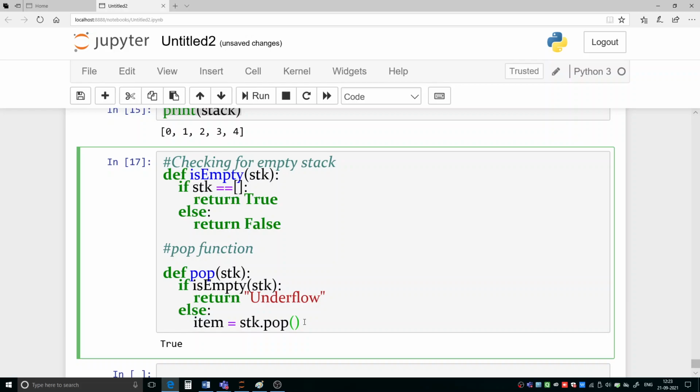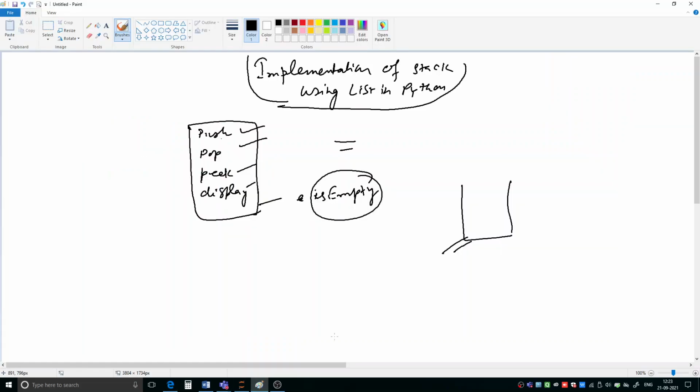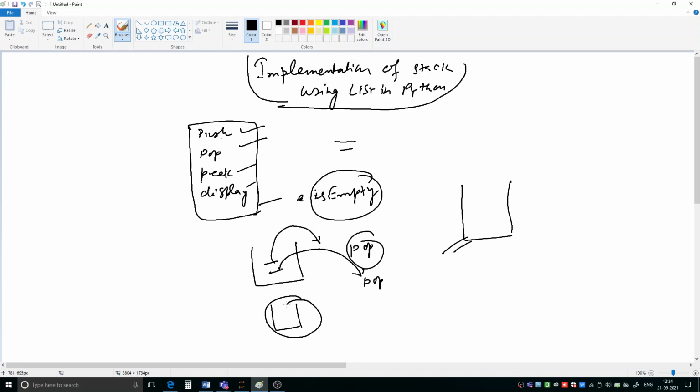After this, suppose let us come here. Suppose this is your stack, and at present suppose this element is there and this element is there. So one time if you perform pop, then what will happen? This item will be removed. Now still one element is there, so again popping is possible. So this time, the second time pop is performed, then what will happen? This will be removed. Now the stack status is this one, no element is there in the stack.